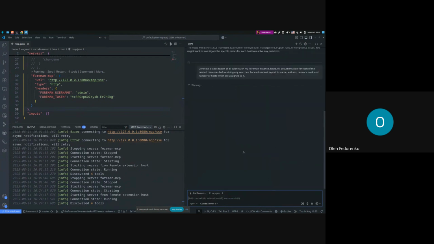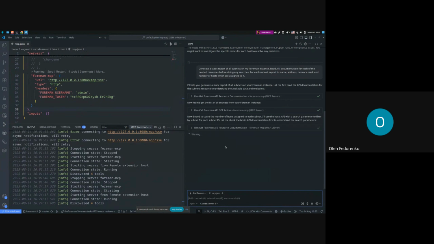So this is just a predefined prompt to gather some information about my subnets. It's just to get you started with, to see what you can ask, how it can respond. The potential is limitless. Of course, you can ask whatever you want, but please note that currently the MCP server